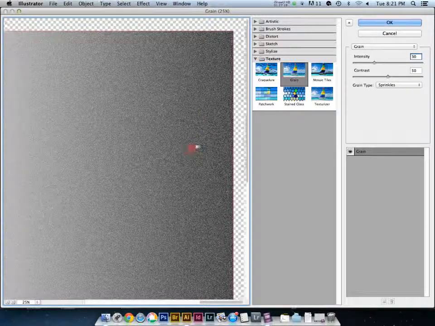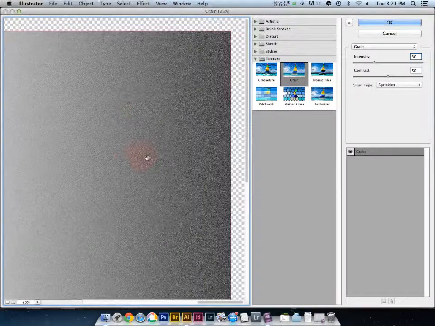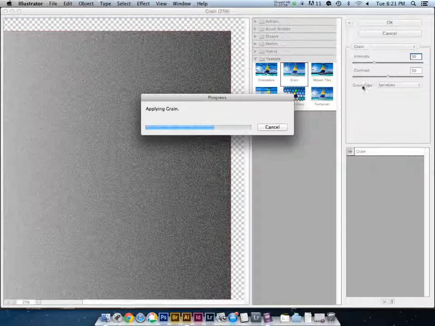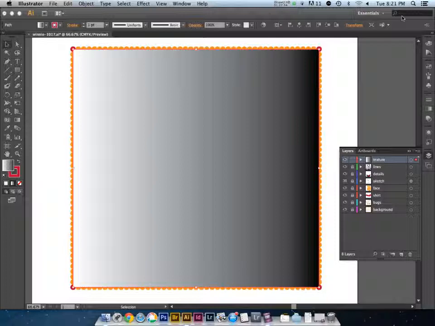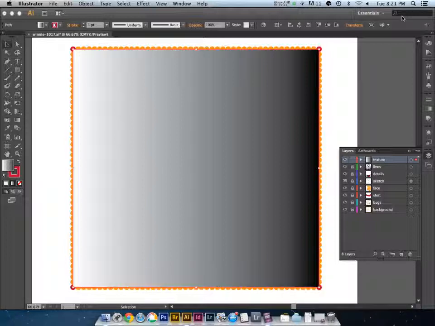I'm using the hand, which is the default, to move around my artwork here. I like what I see here at 30 intensity with sprinkles, so I'm going to go ahead and just click on OK there, and it's going to apply the grain. As soon as it does this, I'm going to hit Save. I'm just going to Command S this puppy real quick, and I suggest that you all do the same here. Click on Command S,